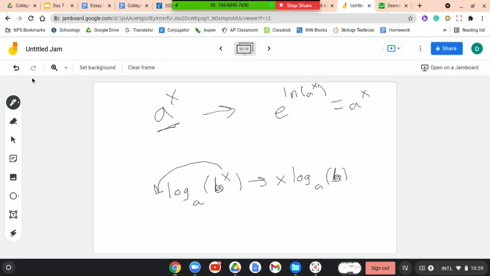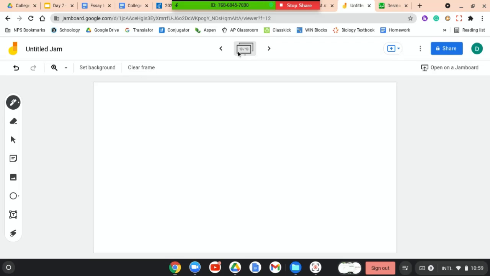So I could rewrite a to the x as e to the x ln a. And obviously, if a is just some number, like 2 to the x or whatever, then ln a is just going to be some number as well. Cool? So hopefully you can see, and I'll clear my slide here,